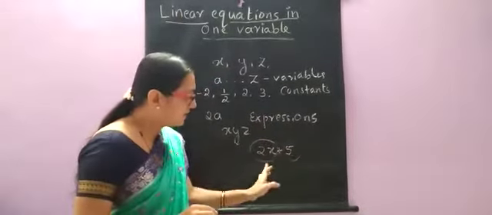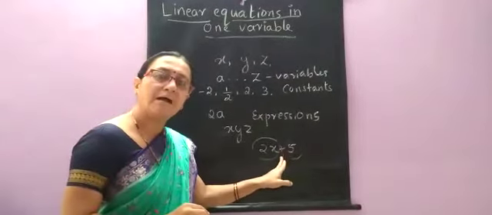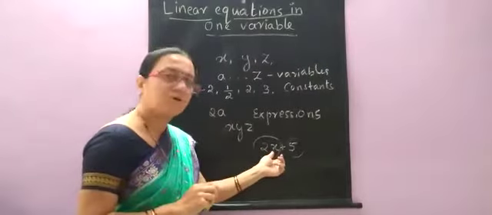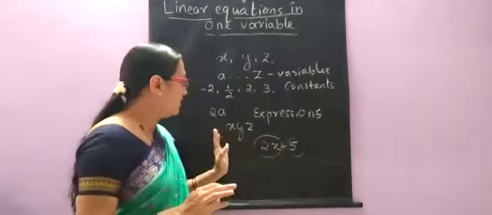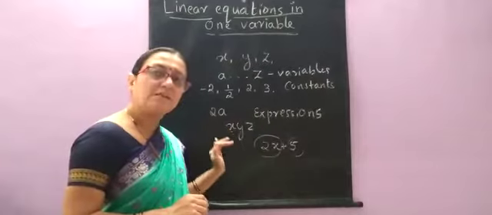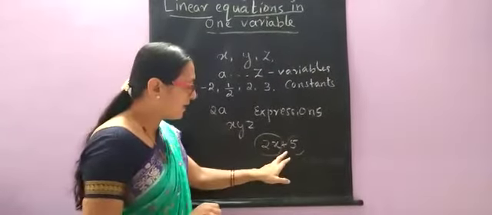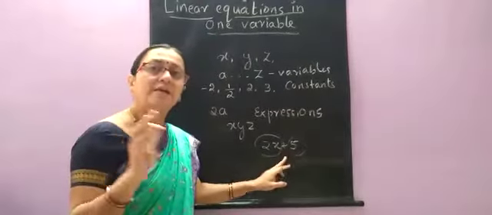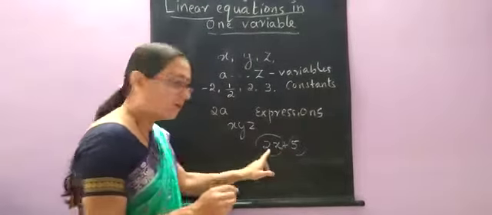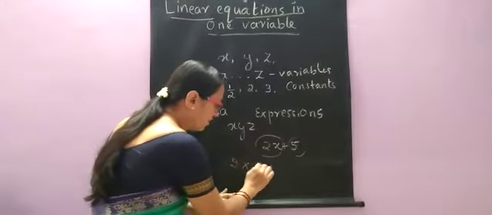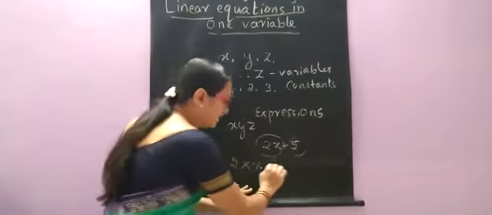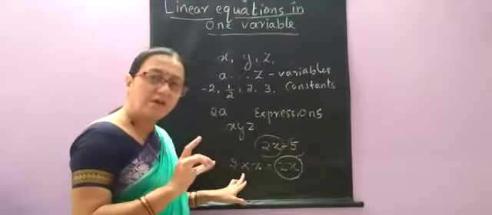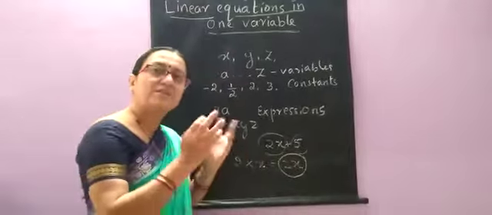In algebraic expressions, each term is divided by either a plus sign or a minus sign. These are called terms. A combination of a variable and a constant, or only variables or only constants, we call terms. And terms are separated by either a plus sign or a minus sign. They are not separated by multiplication and division. Here 2x is obtained by multiplying 2 into x. So together this is 2x. It is one term. So multiplication will not divide the variable and constant into different terms.